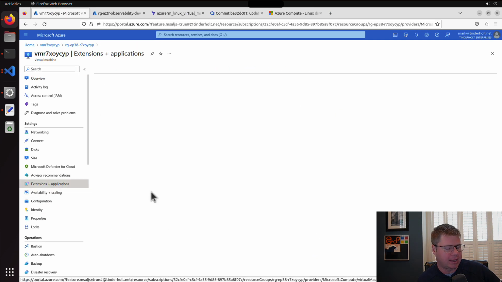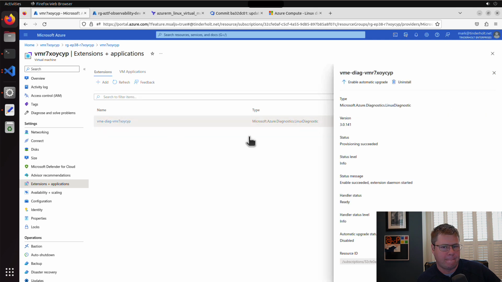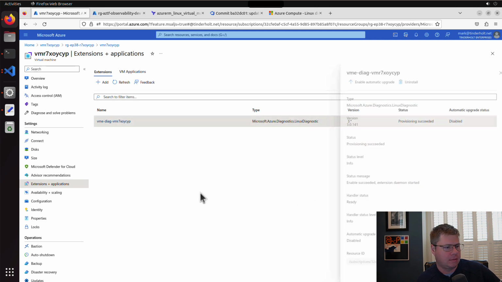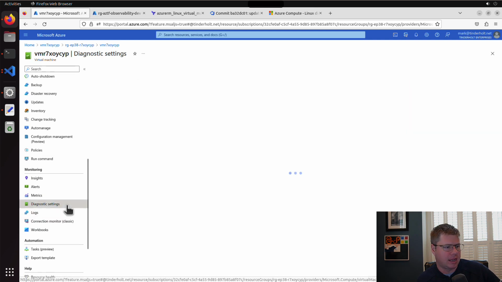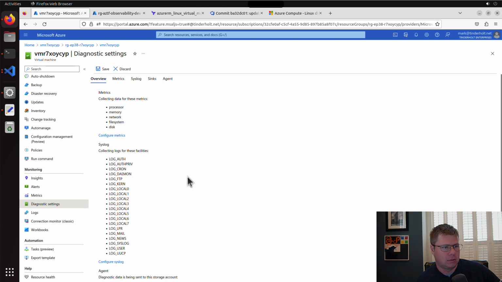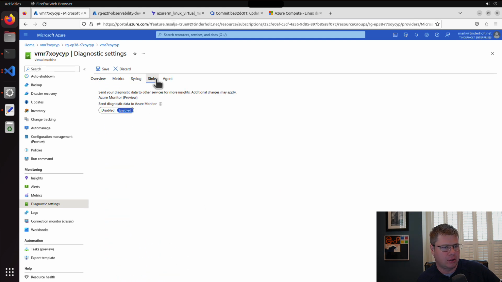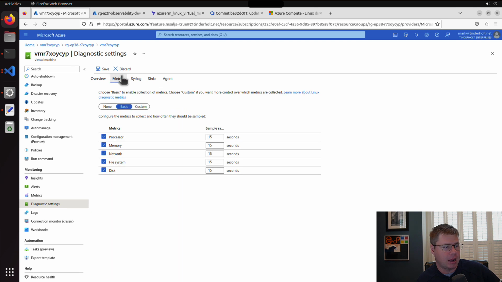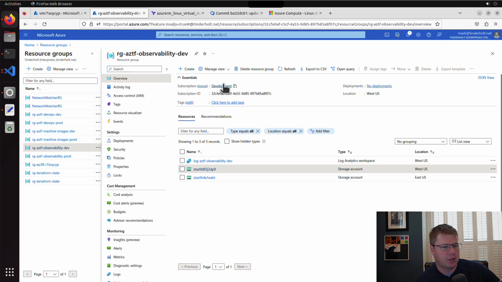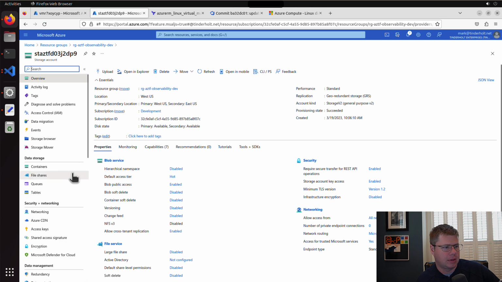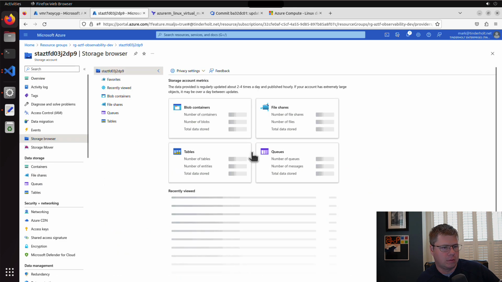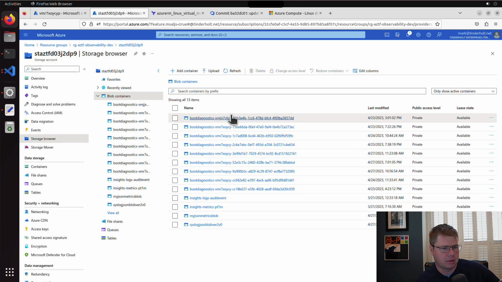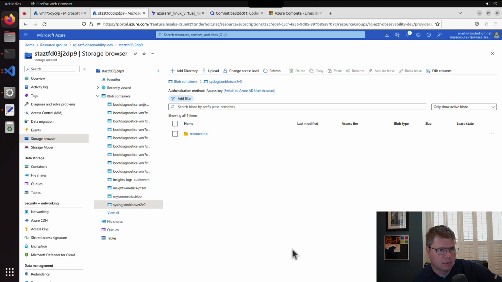And let's go check the extension. Looks healthy. Let's check the diagnostic setting. Looks healthy. Still looks a little dirty. Not quite sure why. All right, let's go check out our storage account, and let's go check out the containers. So now we got something in our syslog,